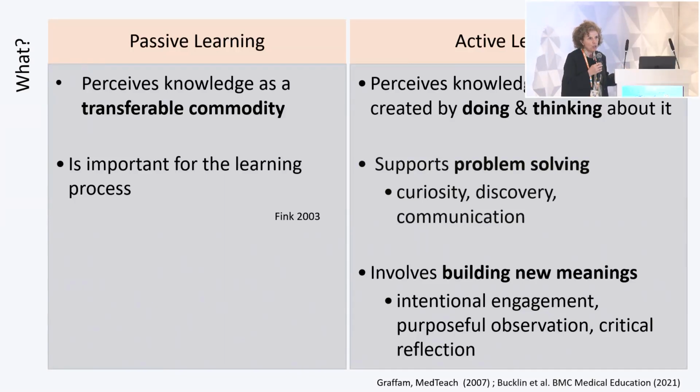This supports problem solving, curiosity, discovery and communication, and involves building new meanings. Each of us carries different packages of experience and expertise and will learn in a different way, but this will also be fostered by